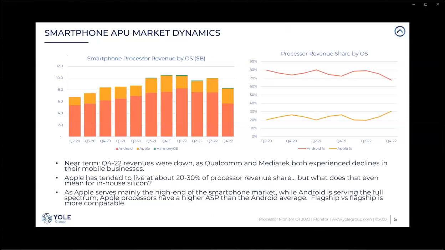So for a first look at the market relevance of Apple and Android, first you have to think about overall units of smartphones shipped through the last years. In any given year, there are between 1.2 and 1.4, 1.5 billion smartphones shipped globally.